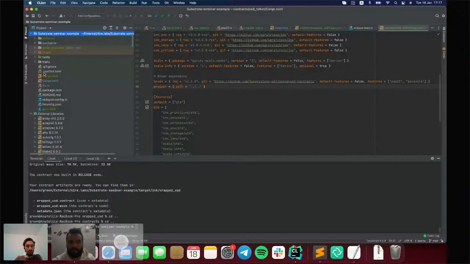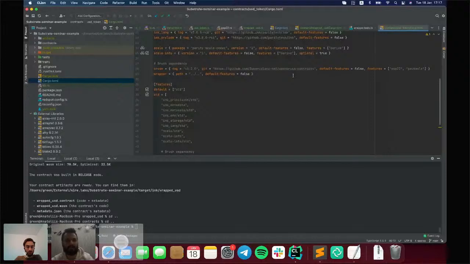You should import it with disabled default features, because it is a standard flow for no STD contracts. And here you need to enable STD features. So it is stuff related to Ink. Ink builds your contracts in two modes, no STD and STD.